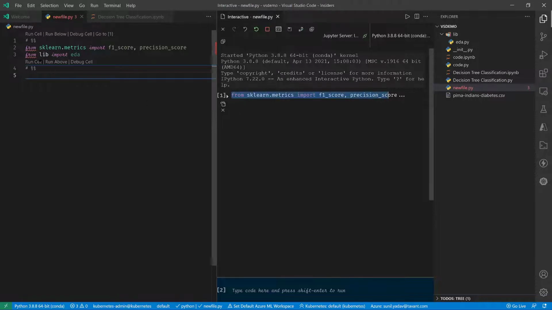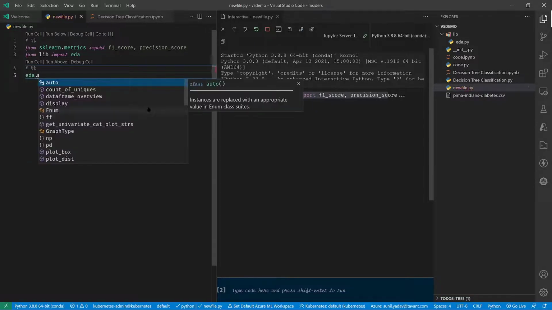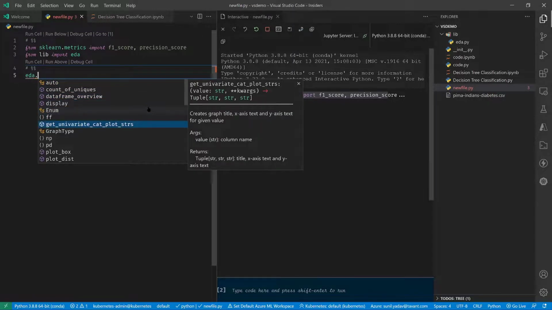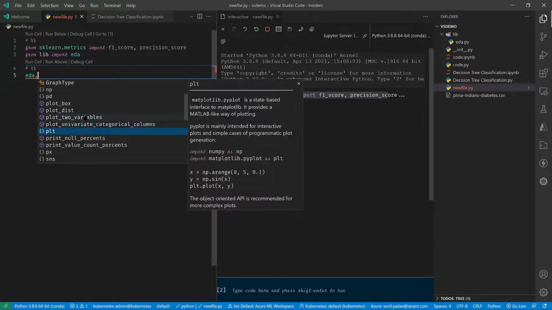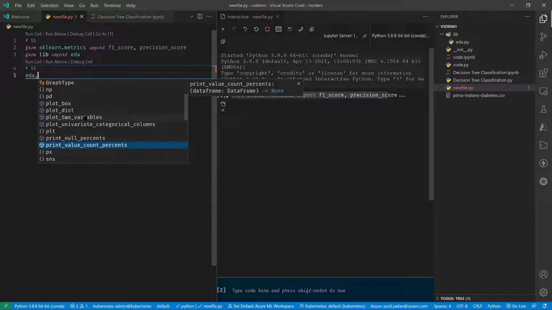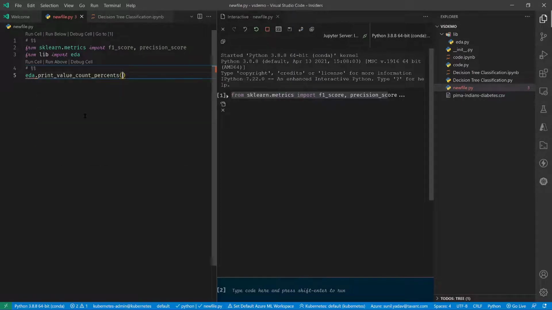It understands there is a lib folder, and now you start typing EDA dot, and all the functions which are present, you will get IntelliSense. For example, get univariate cat plot: it creates a graph, title XYZ, all these things, arguments, say plot box list. Whatever is present, you will get as IntelliSense.